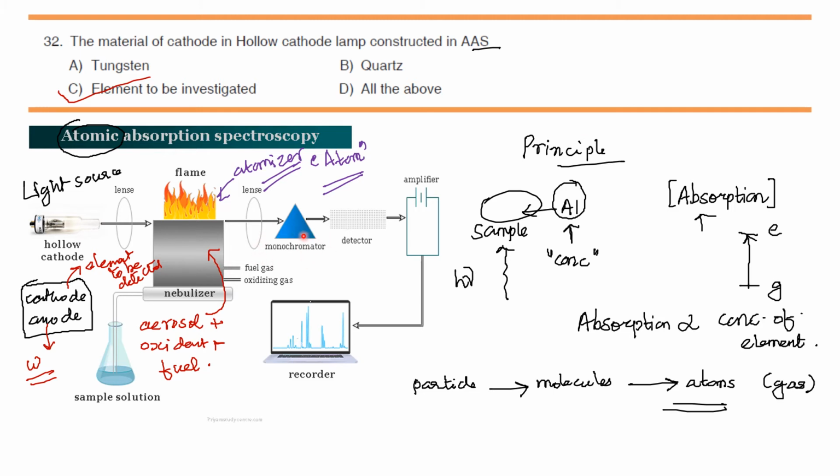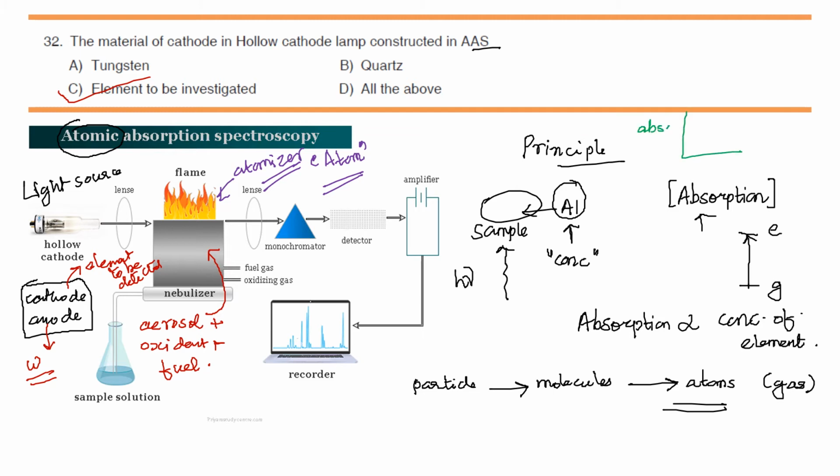So only the radiation of that particular lambda will interact with the atoms of the element to be detected. Then you can find an absorption, which is a function of concentration. That absorption will be proportional to the concentration of the element in the sample, and then it is sent to a detector, and finally you get the output in the form of a graph, and that graph is a plot of